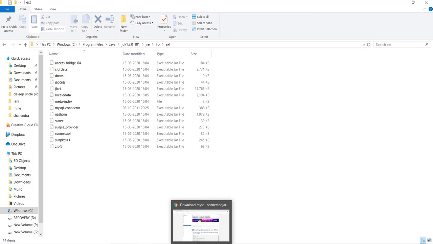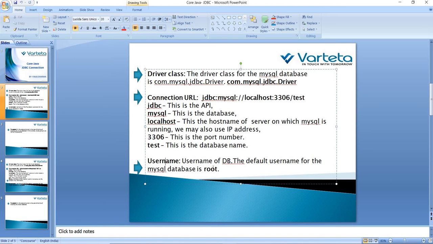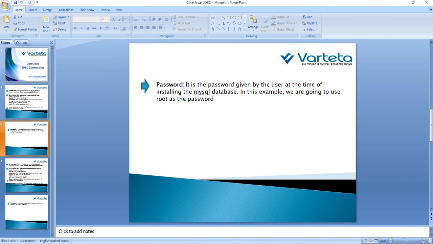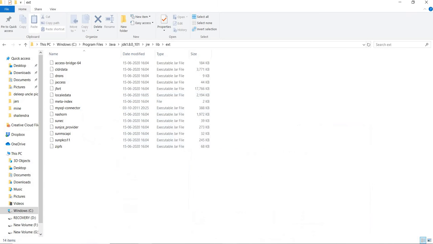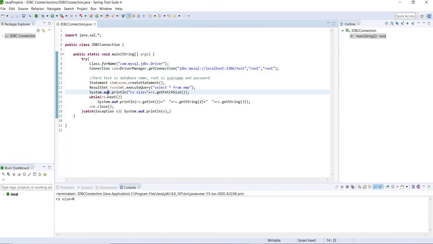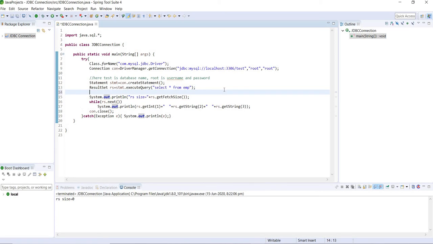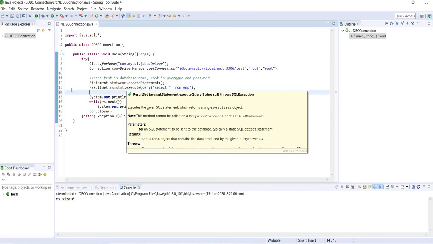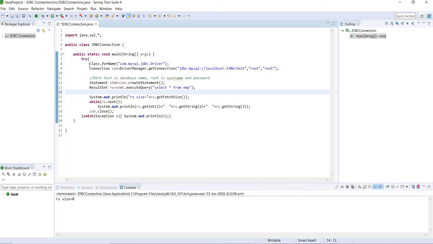Okay, so this is the nomenclature that we are using here, and then the password you can use to connect to the database. Now here is the program that I am using to connect to the database. It's a test program. As I have already described, this is the driver that I'm going to use for the MySQL database connection.